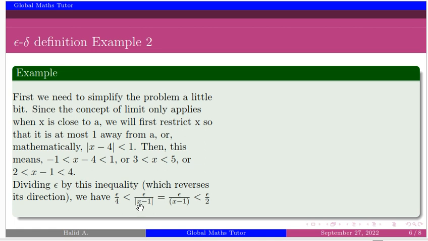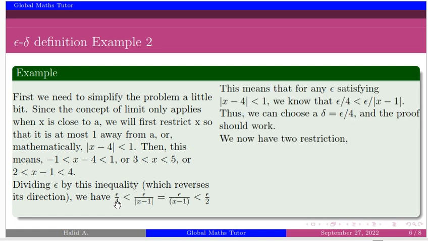Now we know that epsilon over |x minus 1| is always greater than epsilon over 4. So we can write the above expressions